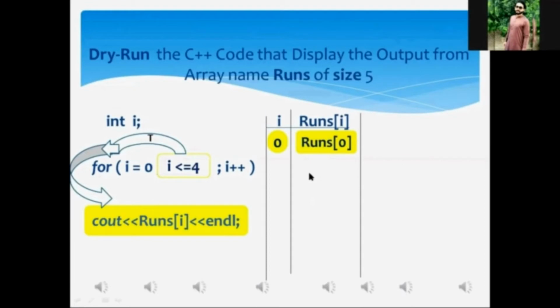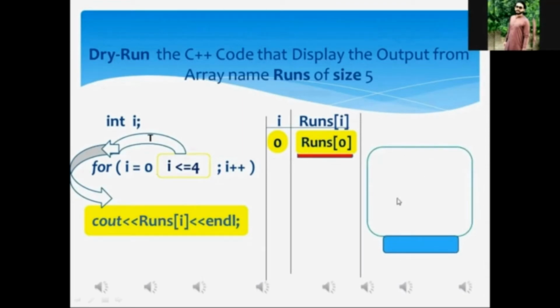Okay, Mr. Aftab. As a result of the cout statement's execution, whatever the data value that has been stored in the very first memory location of the array, that one is runs within square bracket 0, must be displayed onto the screen over here onto the right hand side.